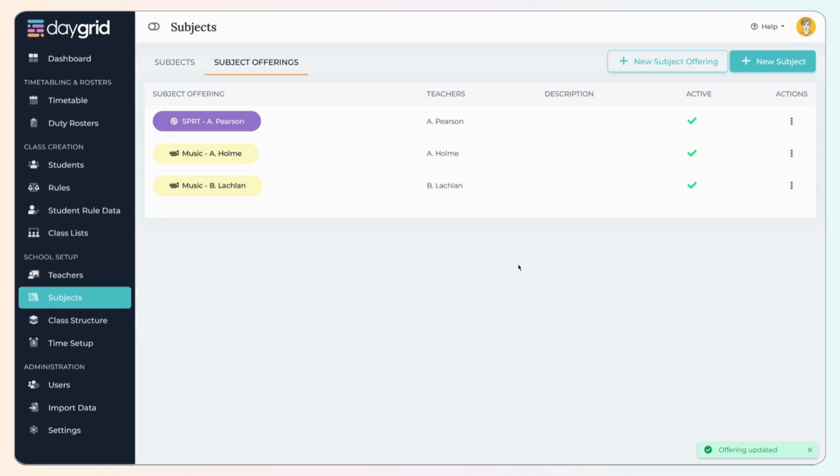So really what this is saying is we've got music as a subject, but we've actually got 2 different streams or 2 different offerings being taught by 2 different teachers. They have their own availability, their own schedules, and we need to make sure that as a whole, this subject is allocated evenly and distributed evenly, but we have these 2 different offerings and these 2 different teachers that could